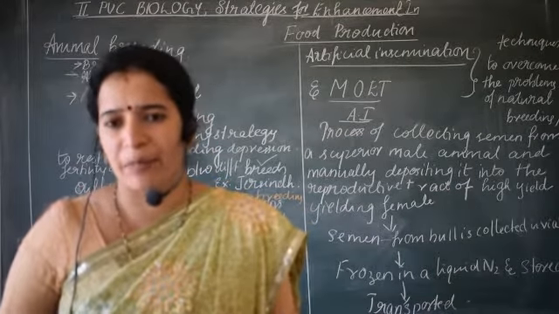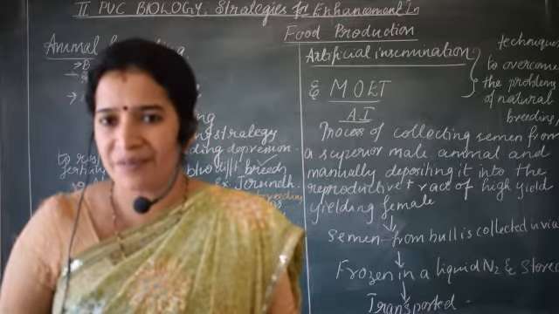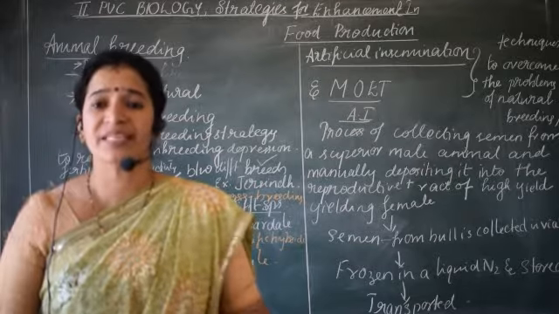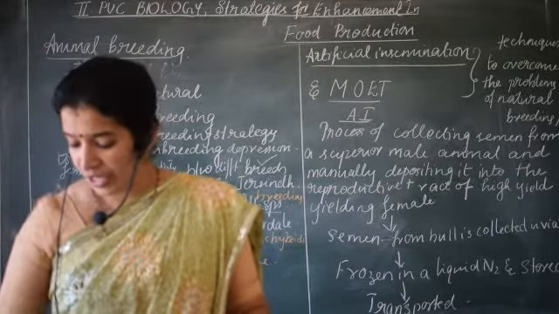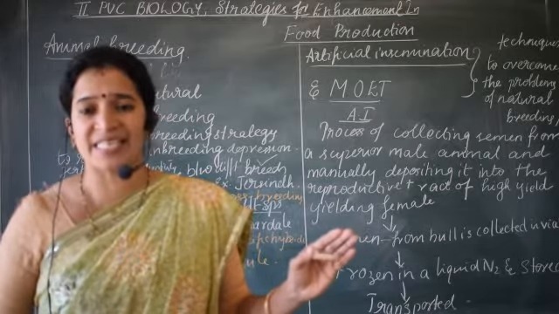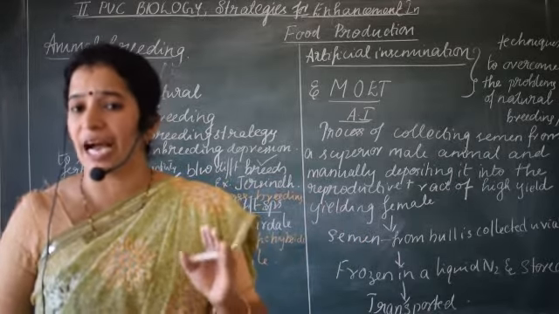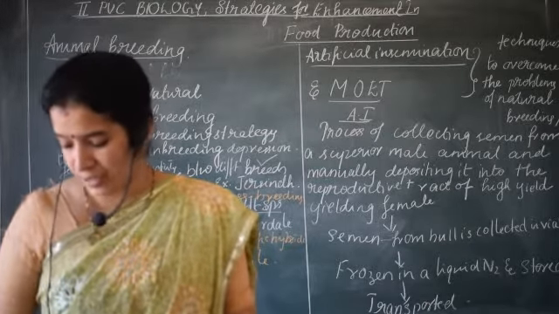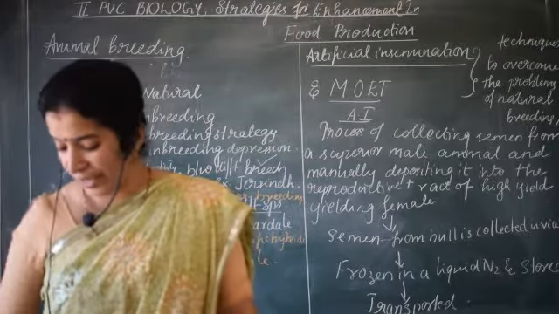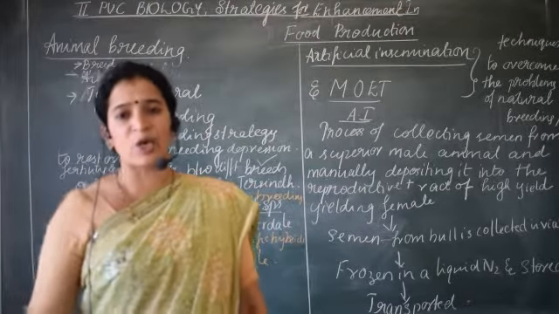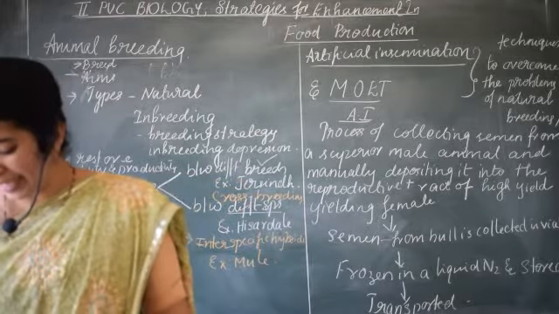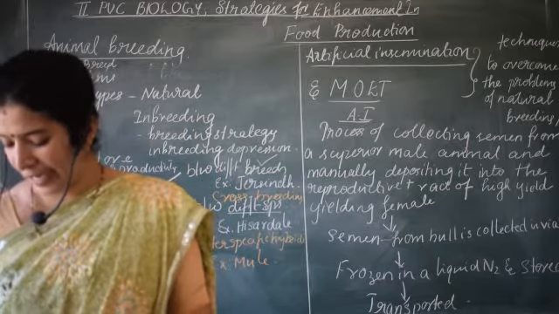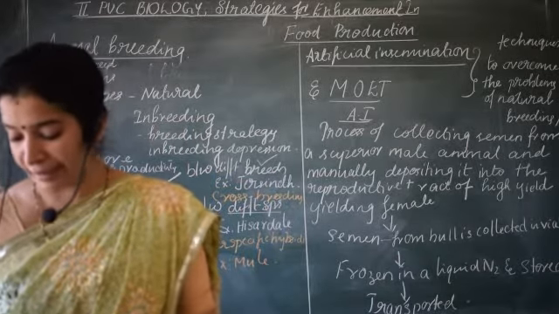If not, you can take it down from your textbook. The definition is like this: a practice of mating of animals within the same breed which have no common ancestor on either side of their pedigree up to 4 to 6 generations. Okay, then it is the outcrossing method, and this is one of the best methods for animals that are below the productivity level, as well as in milk production, and to improve the growth rate in cattle, beef, etc.